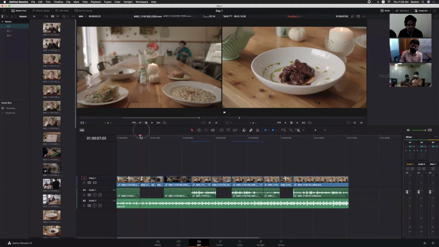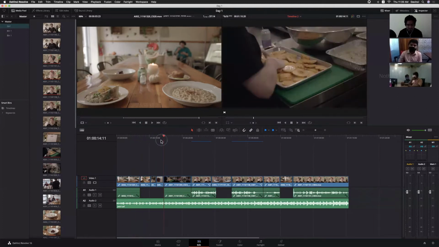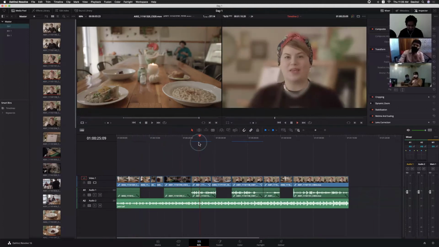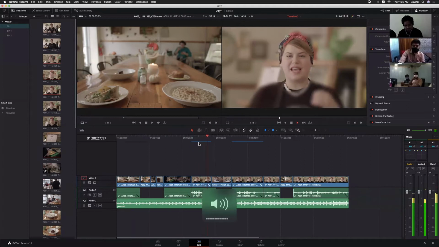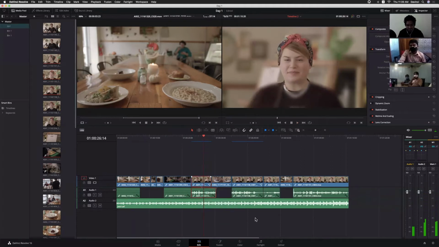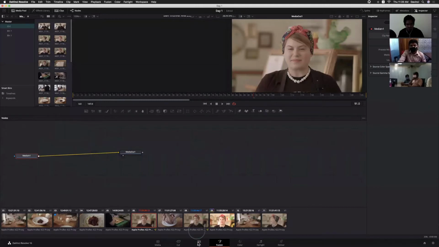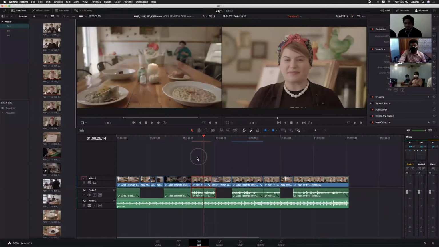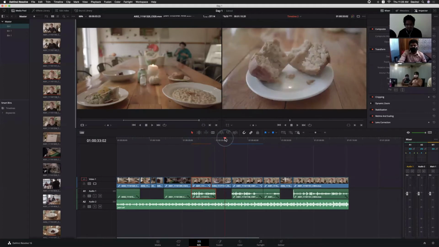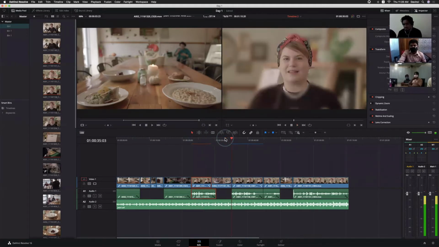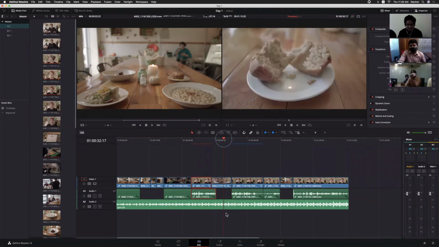Okay, fine. So here we have the timeline. Let me delete this one. Automation audio. Now we have both a music track and a dialogue track here. I just want to reduce the audio level of the music track wherever I'm listening to the dialogue.